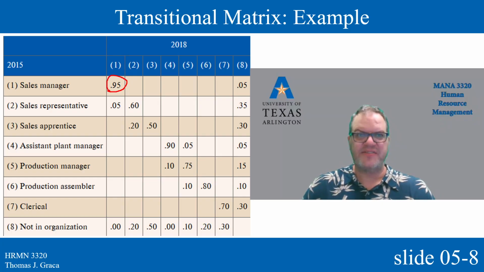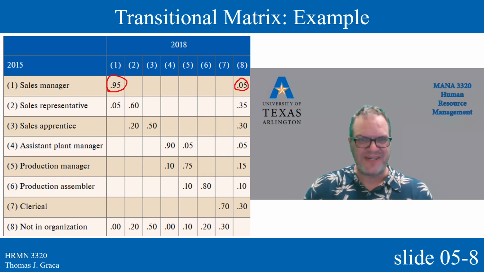0 of them are now sales reps, 0 of them are now sales apprentices, 0 are assistant plant managers, 0 are production managers, 0 are production assemblers, 0 are clerical workers. 5% of them, if you'll see over there in column 8, are now no longer in the organization. They got a better job, they retired, they got fired, whatever. That's a different kind of analysis that we could do to figure out where they went outside of the organization. But for our purposes in forecasting supply, we're really not interested in where they went. We're just interested in the fact that they're not here,